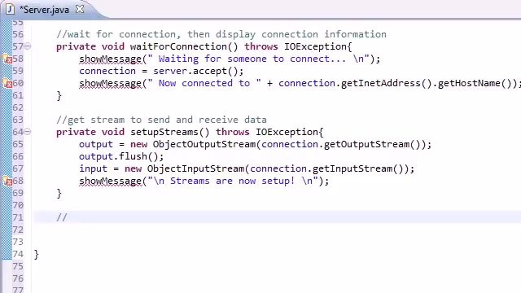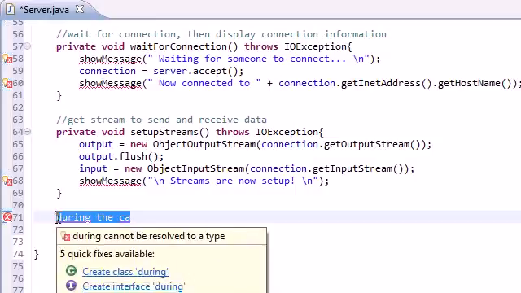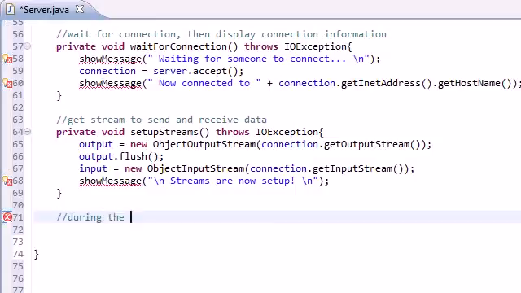So I'll just put like during the... okay, wow, messing up already. That's freaking great. During the